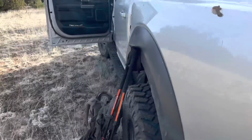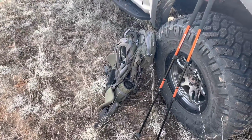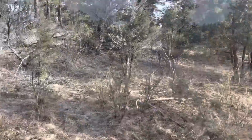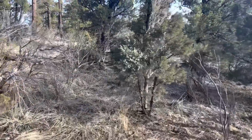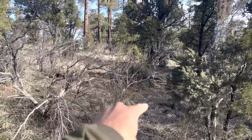But it's time to go find some sheds, strap on the pack, and hopefully be turning up some antlers. So stay tuned. Sam and I just left the truck maybe like 5 minutes ago. The truck's parked up over here, but